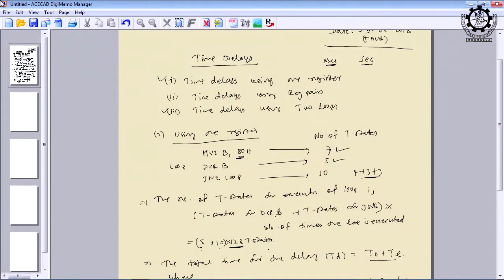Is it okay? So, we could find the exact execution time of this program, and you can increase or decrease this value. How to increase or decrease the time? If you load different values in the move immediate instruction in place of 80, but there is a limitation here. What is the limitation? The maximum value that you can load is FFH, and if you need further delay, then you have to go for time delays using register pairs. Again, if you need even more delay, then you can use 2 loops, or 3 loops, 4 loops, many more loops to increase the delay.